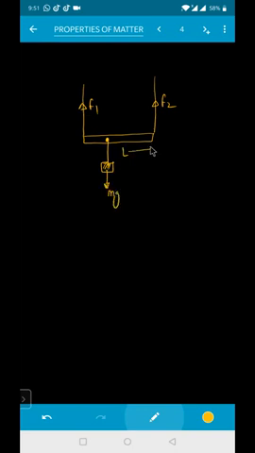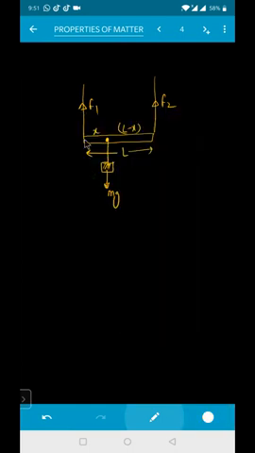This confusing torque concept: this one is the rod, and here is your wire, and here is your wire. Force developed in this one is F2. Force developed in this one is F1. And somewhere at this point, the weight has been acting in the downward direction. That is nothing but M into G. The total length of this wire rod is given as L. This is a distance of x from the first wire. This is a distance of L minus x from the second wire.